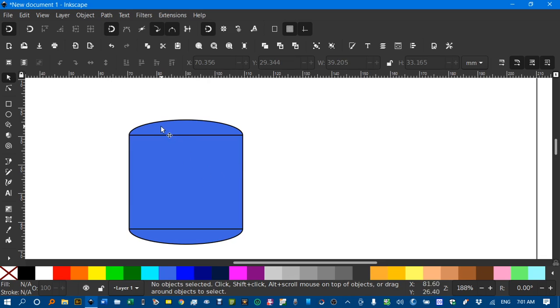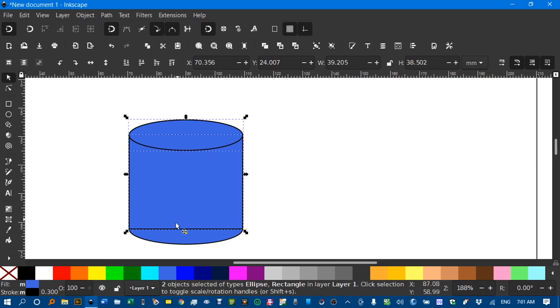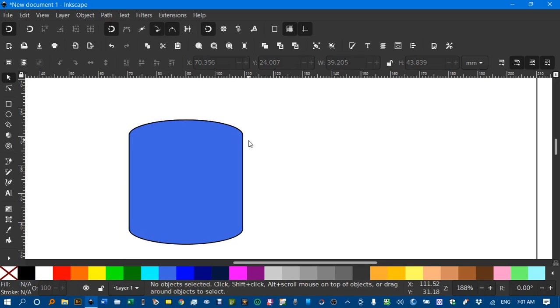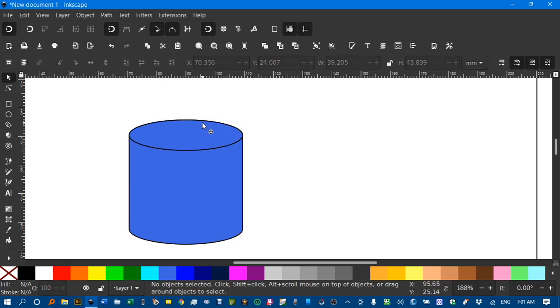Now what I might do is select that ellipse, Control D to duplicate that, then shift click to hold the rectangle to select the rectangle and the bottom ellipse, and then union those shapes, path union. So there's the shape there, but if I click on this and send it to the back using that icon there, you can see the other ellipse that I had originally is now there. So that might be all you want,